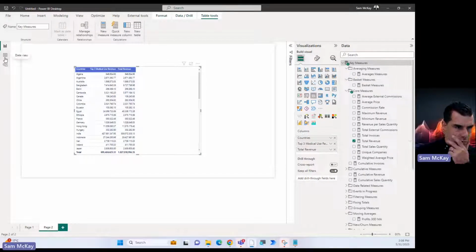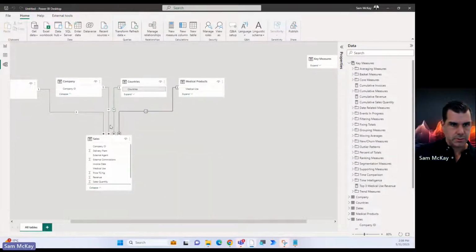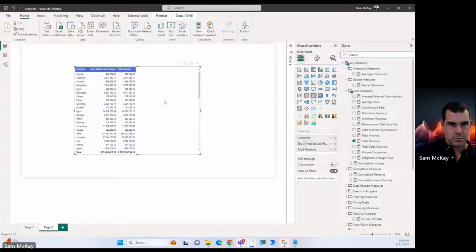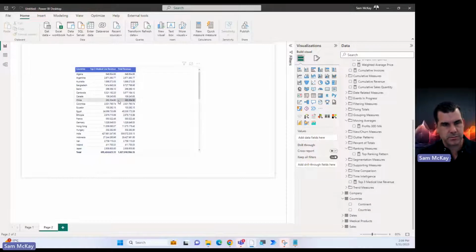Is it because, let's have a look. Is the model right? We need to check that the model is right. Let's try to understand this. Okay, so nothing changes. We've got to really understand the context of the calculation. So for every country, it's going to summarize the products sold in that country and the total revenue, and then it should, well, okay, actually, I think it is working. No, it is working. I just didn't realize it is working.